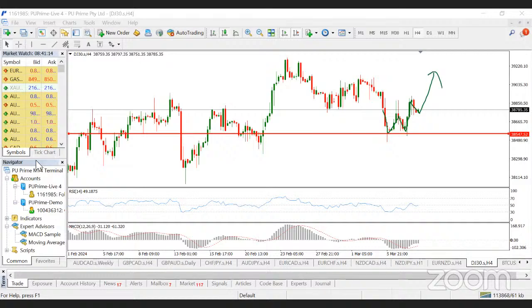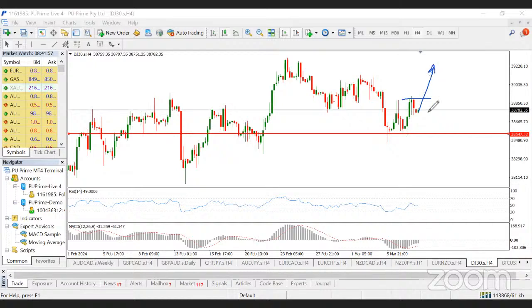So if this plays out, we may be looking at a bullish breakout on DJ30. Many of these indices, NAS 100, DJ30, are always positively correlated with the dollar, meaning if the dollar is buying, they also buy. So if the news comes out favoring the dollar, we may expect a bullish breakout on DJ30. Just watch out. We have a resistance there, not exactly the neckline, but there's a resistance at this point. If you see price break above that resistance level, that can be a confirmation to trigger a buy